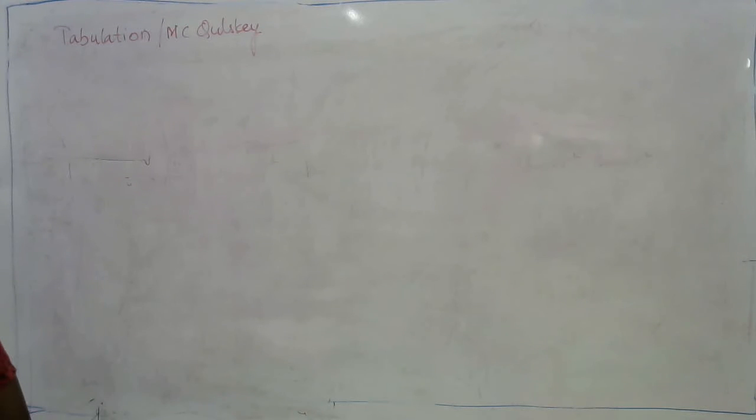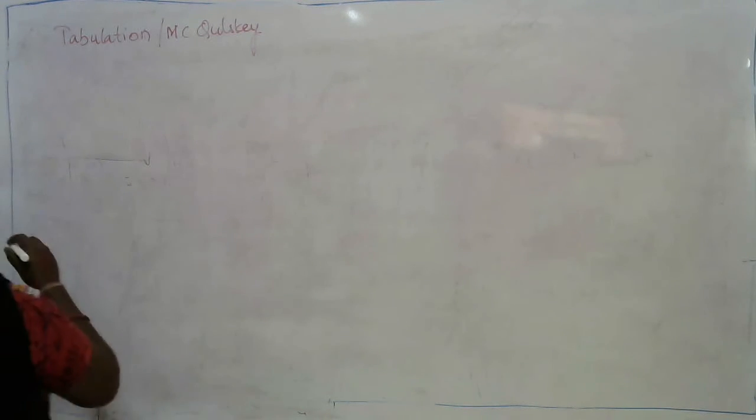But in order to understand the concept of the tabulation method without don't cares and with don't cares, I'll tell you two examples of only 4 variables, with as well as without don't cares. So now let me take the first example, without don't cares, where the minimization of this expression should be done by using the tabulation method.